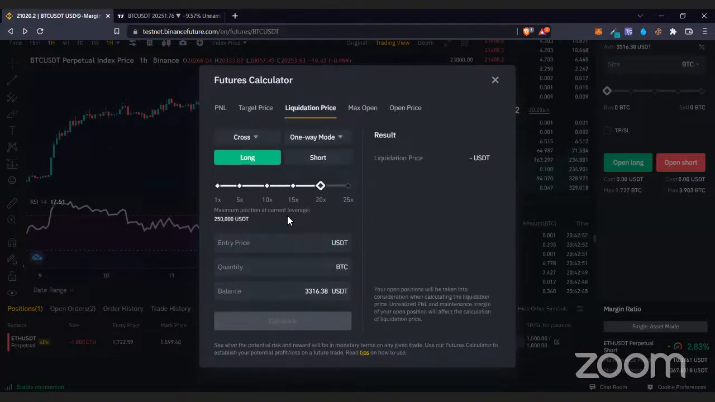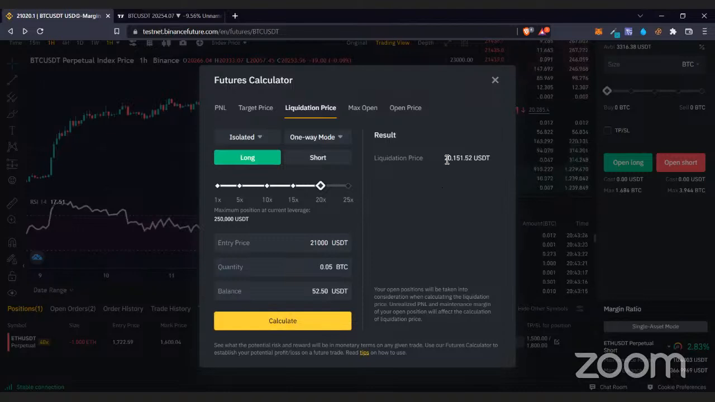If I come in here to the liquidation tab, go to isolated, and then one-way mode, we are opening the same positions. So our entering price once again is 21, and then we traded 0.05 BTC, and then we used 52.50, right? That is 52.50. So if I go ahead and calculate this, it means that you'll be